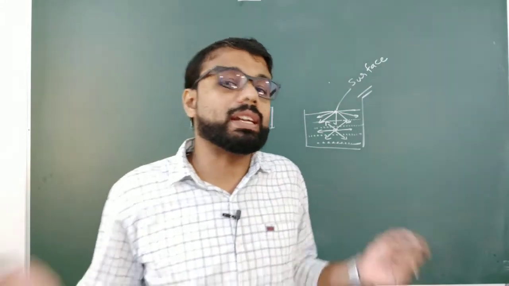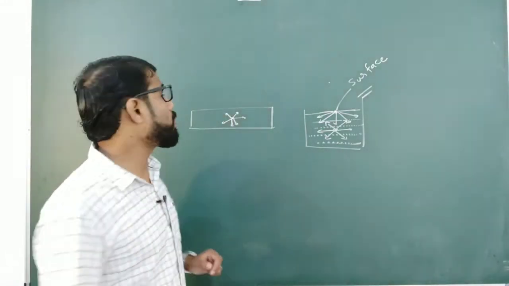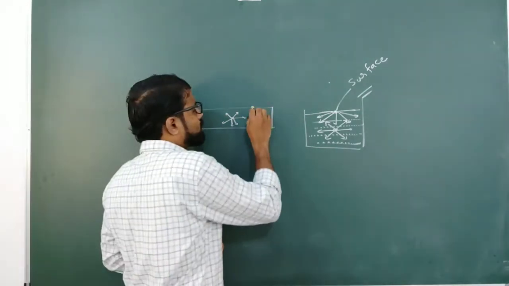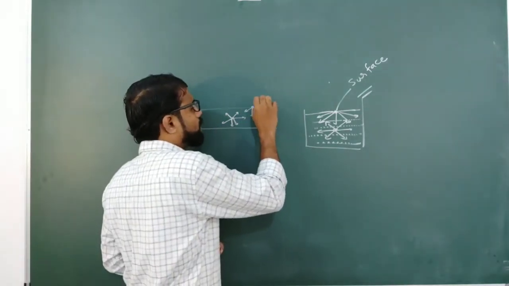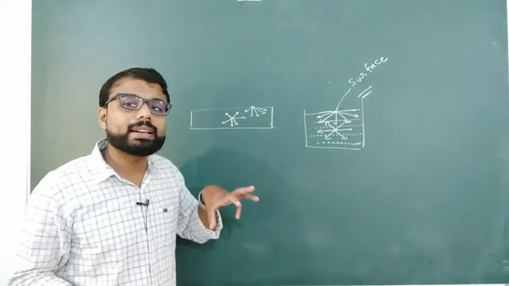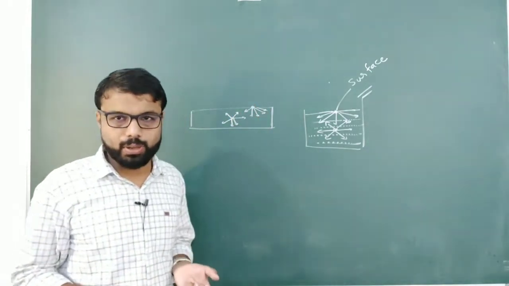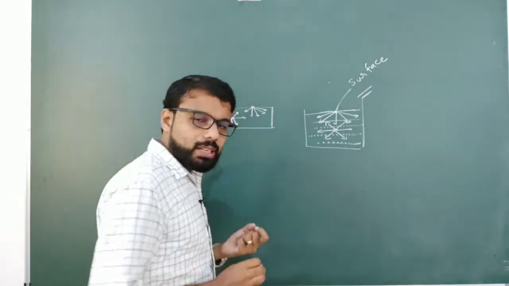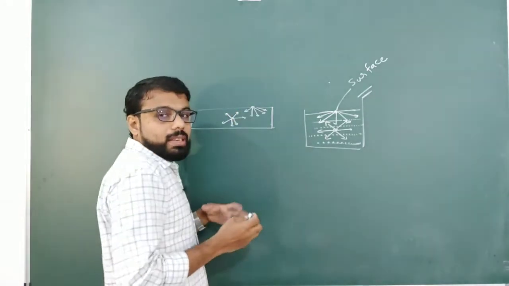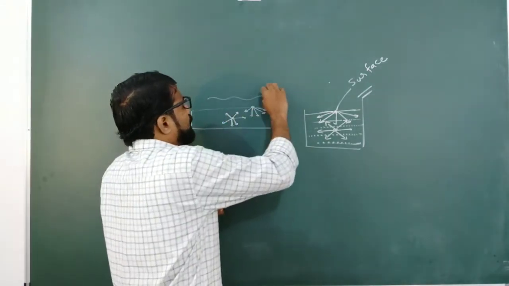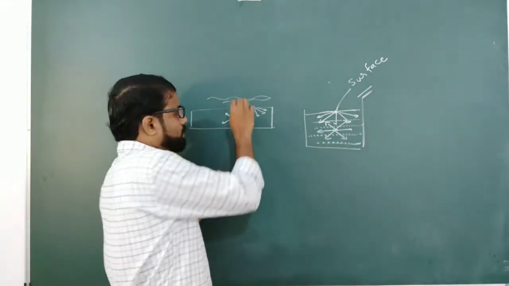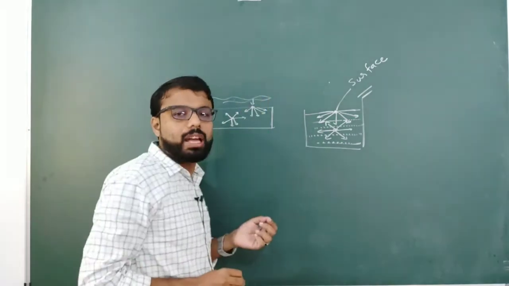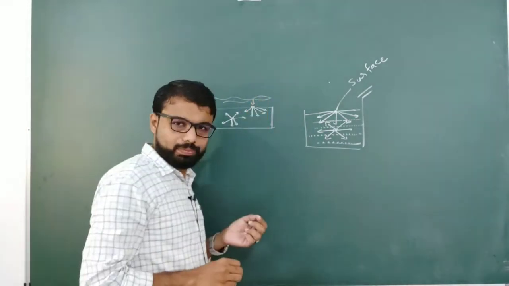The same way, if you take this chalk, inside this chalk, one particle is attracted by many particles from all sides, so the net force will be 0. But on the surface of this chalk, particles are attracting downwards. Therefore, on this particle there will be a residual force, an inward pull. Because of that inward pull, if some liquid or gas moves along the side of this chalk, it attracts that molecule.